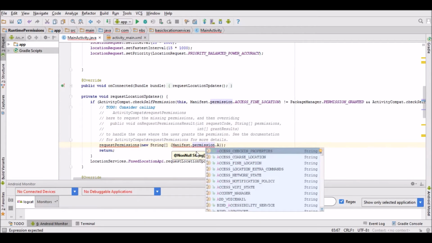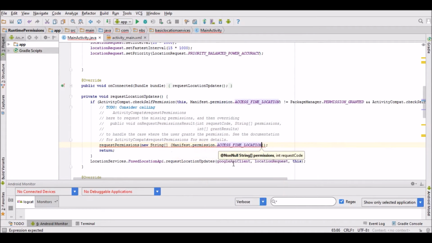Now what we can do, rather than handle the coarse and the fine location separately, we can actually just go for the fine location. If we grant permission to fine location, the permission for coarse location is implied as well. Remember, we prompt the user for permission groups, and the location permission group contains both the fine and coarse location permissions. So we only need to worry about the fine location. So just going to select that, and what we need to do now is enter a defined